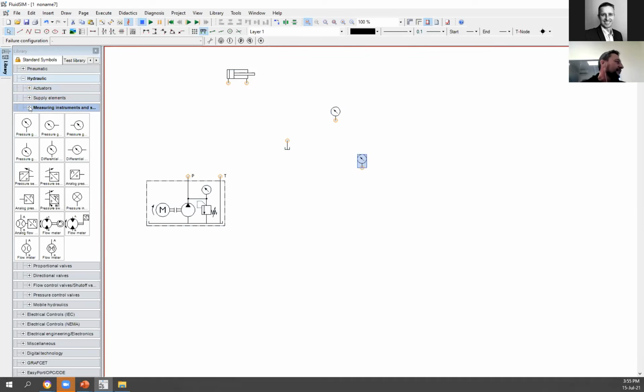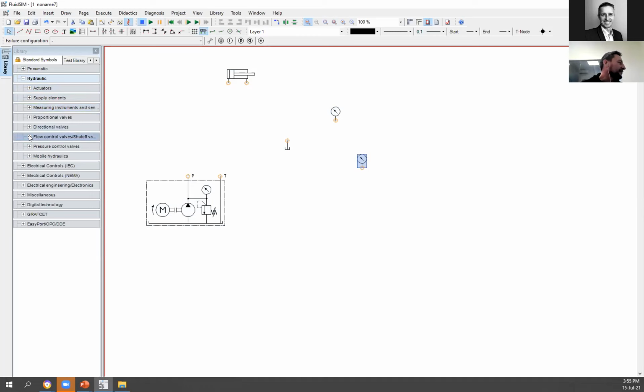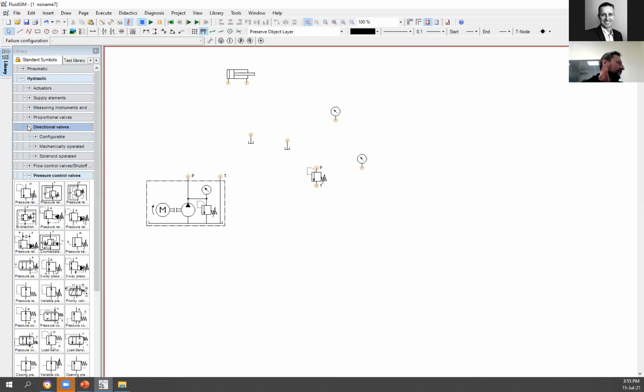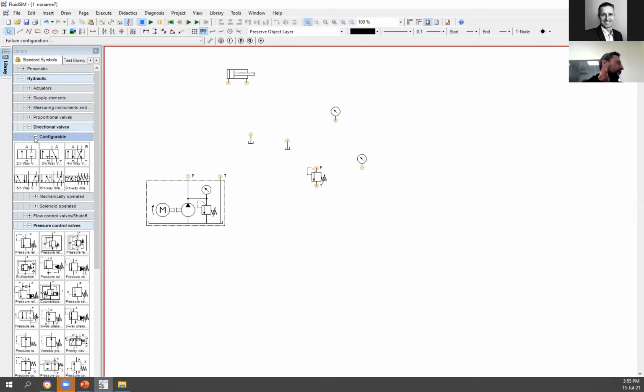We can then also add some valves. So let's add some pressure valves. So there's a pressure relief valve. We can also do this to your components if you wanted more than one, if you didn't want to drag them in. I'll show all of these things to you when we actually build the circuits together. Okay, then you can also add some directional control valves. I'm going to bring one of these in on purpose,